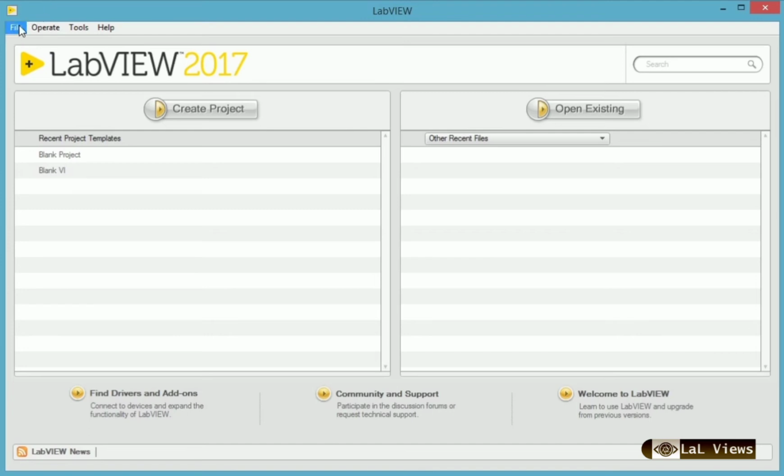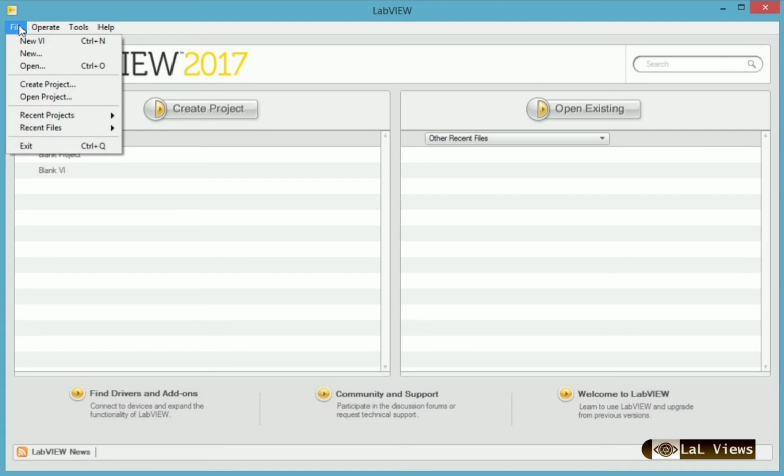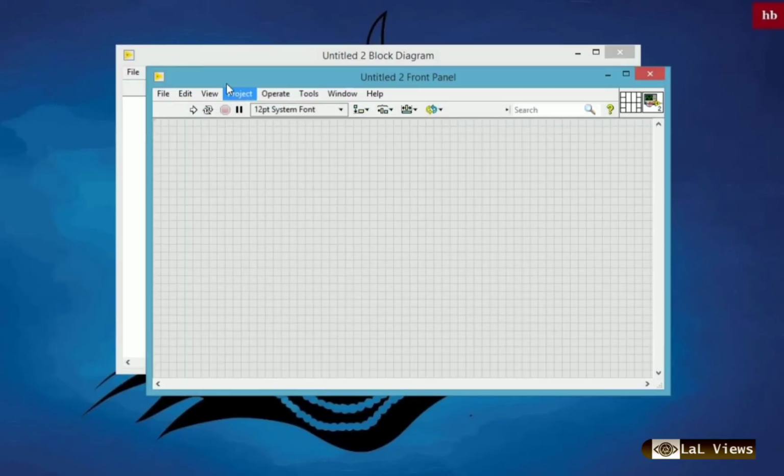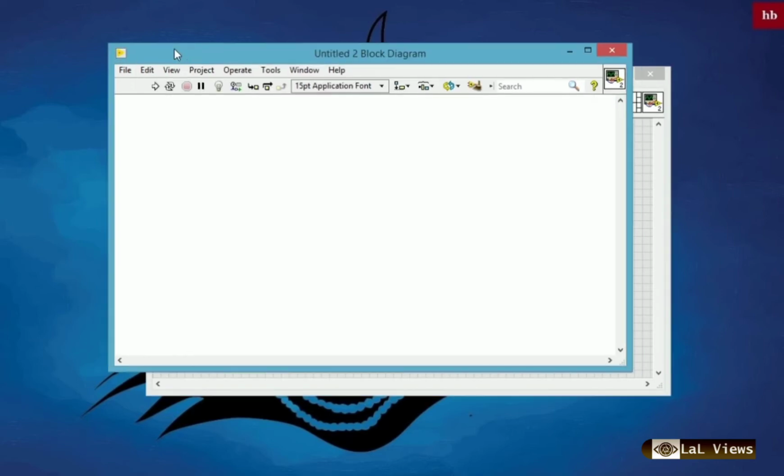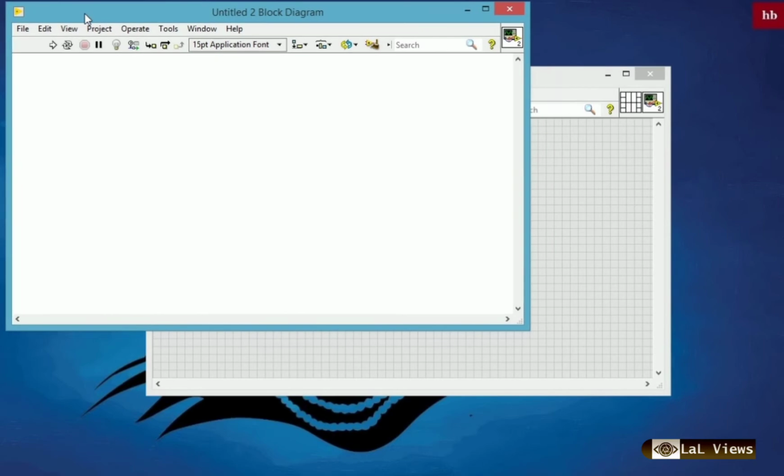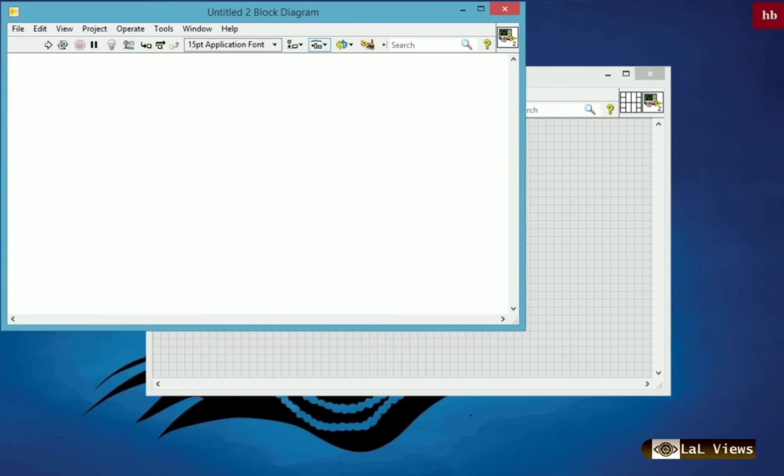When I click on the file tab, there is a new VI. You can see a new VI is the first option. When I click on the new VI, two dialog boxes are formed. Okay, so I am just enlarging the dialog boxes.